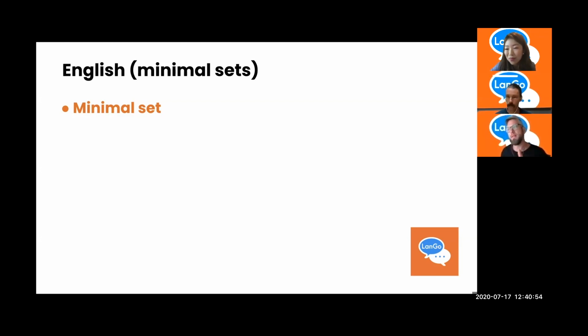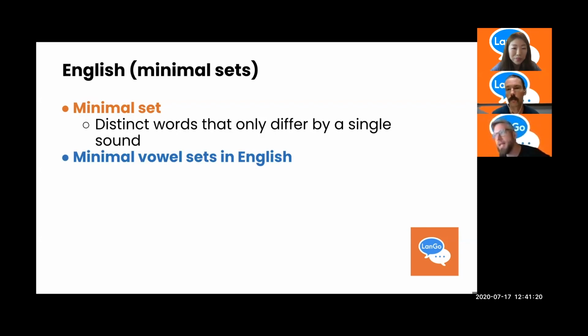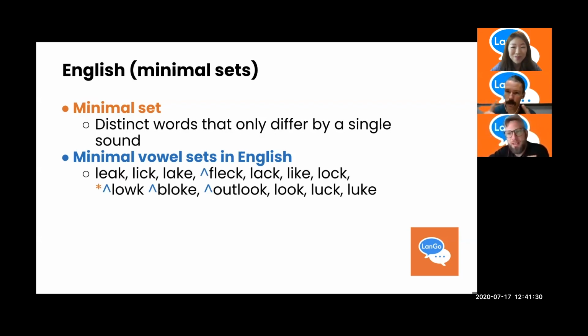But when you're trying to find out if something is an allophone, meaning is this just a different phonetic realization of the same mental target, or is it its own distinct mental target, its own distinct phoneme, what you want to do is start looking at minimal sets. With vowels in English, we have a great variety of minimal sets, though I don't know of any minimal set which covers all the vowels we have. We have some sets here that we're proposing, right? And the sequence I like is consonant, vowel, consonant, where you just change the vowel and see how many unique words you can make. Like changing out the picture inside of a frame.